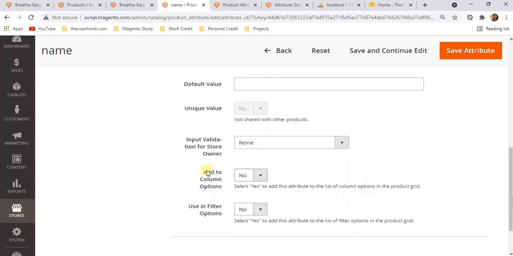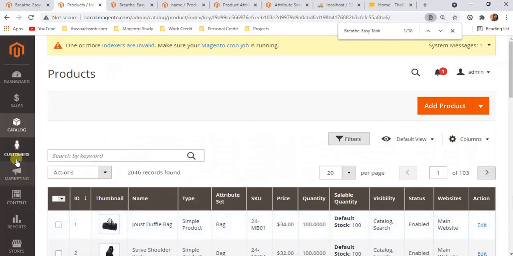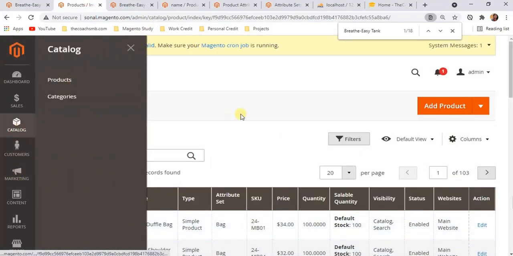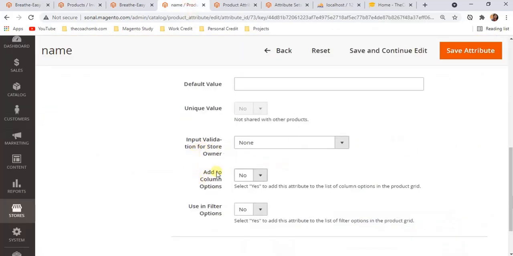Then add to column options. Select yes to add attribute to the list of column options and the product grid. What is product grid? So here is a product grid. This is called a product grid. Catalog and then products, that will show the product grid. Now what option is this? Add to column options.